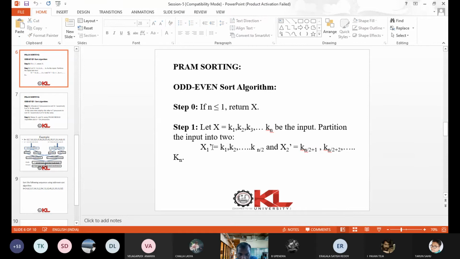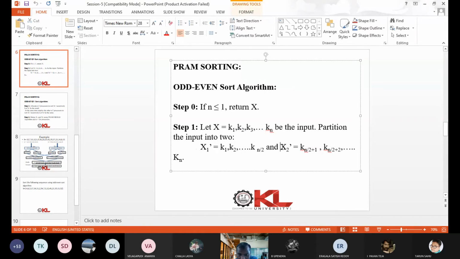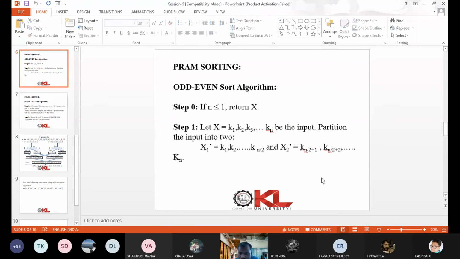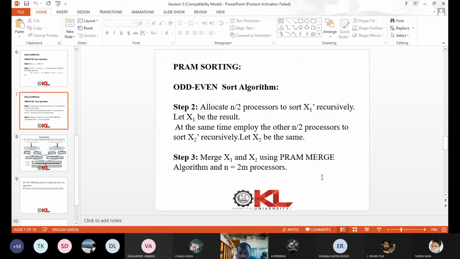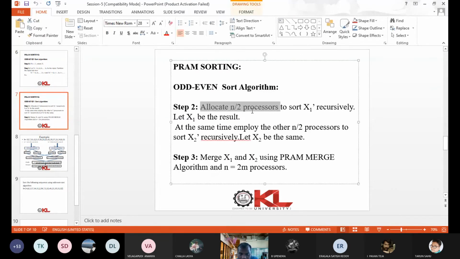Now after having 2 lists, X1 dash, X2 dash, these are unsorted. So what we have to do? So in step 2, we have to sort them. So for that, we allocate n by 2 processors to sort X1 dash recursively. And the result of the sorted list is X1.